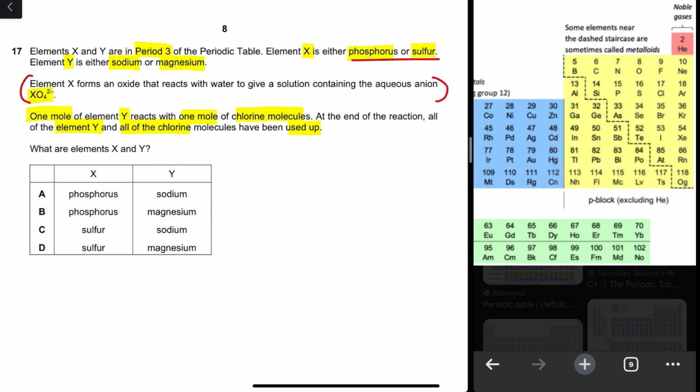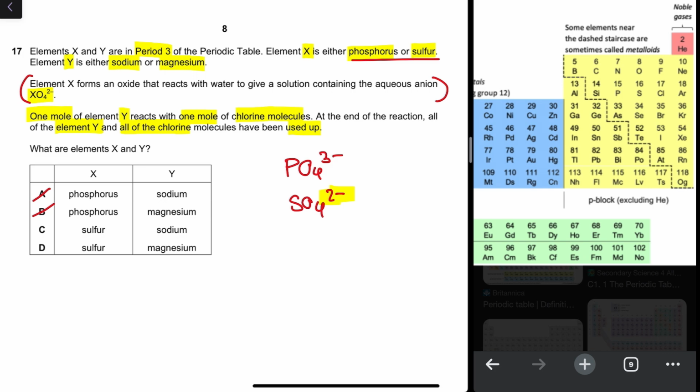So you've been told it's either phosphorus or sulfur. Now, we need to be familiar with the types of oxides that period 3 elements make. And we know for a fact that phosphorus makes this anion, sulfur makes this anion. So we know that since the charge is 2-, that means our element X must be sulfur, not A or B. If we look at element Y, it says element Y reacts with 1 mole of chlorine